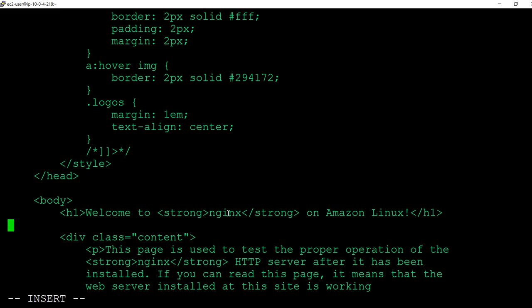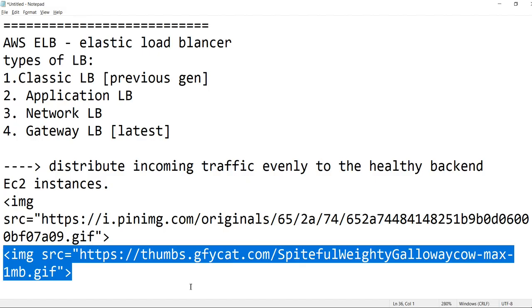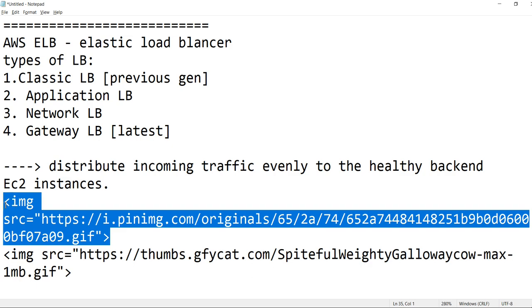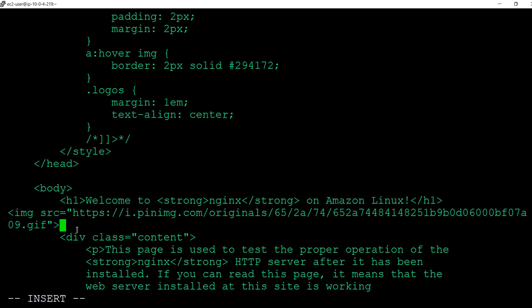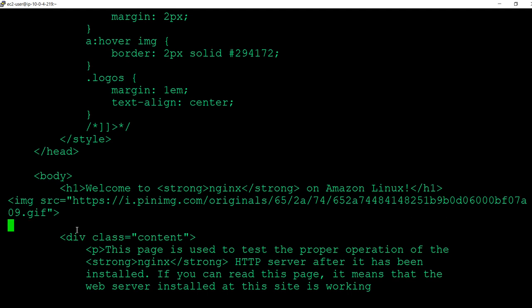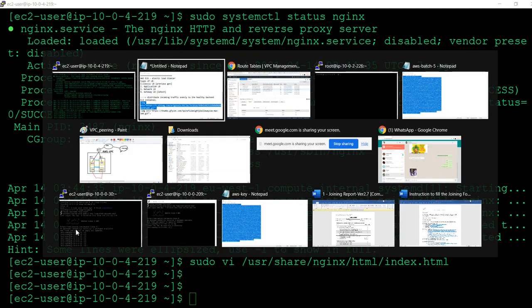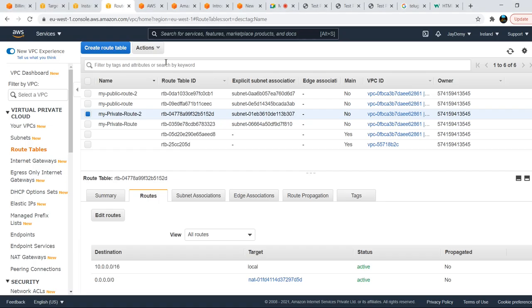Just insert, come here, take any other tag, any other image tag, and press insert, enter, escape, wq, just to save this one. So now I have this in both the private servers.